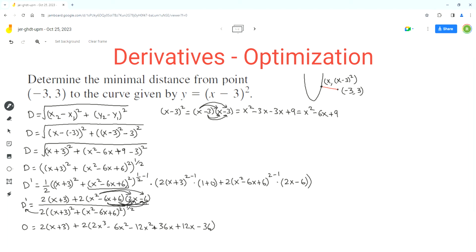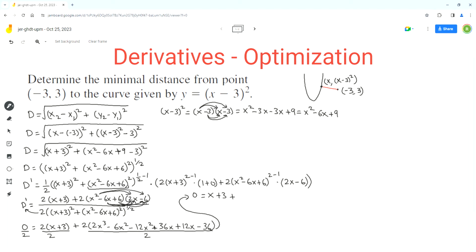Now we can get rid of the 2's in front of the parentheses. So if we divide each term by 2, the 2's will get cancelled out. So on the left side we'll just have a 0. So we can rewrite this as 0 equals x plus 3 and then